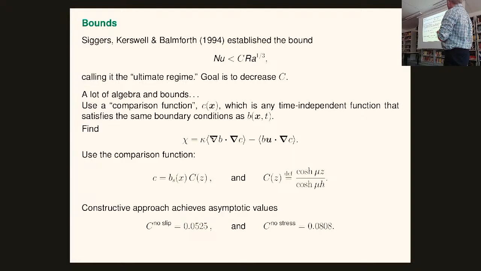Okay, and so while I said I wouldn't speak about bounds, it is useful to know that the bound in horizontal convection with that Nusselt number goes like Nusselt less than Rayleigh to the one-third. That's the mathematical bound. Turns out that in practice, in numerical simulations, you don't see 1/3, you see 1/5, maybe 1/4. There's some debate about that.